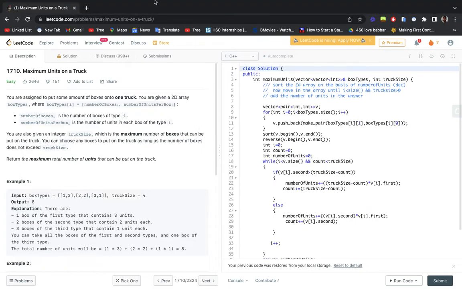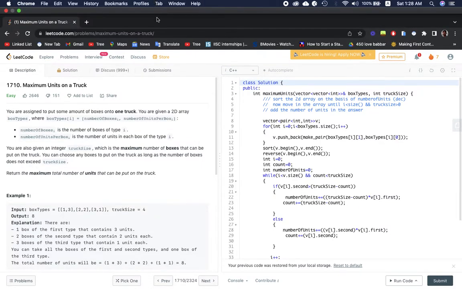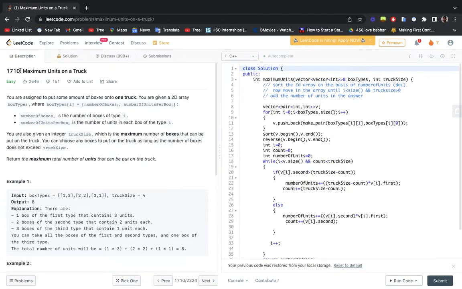Another LeetCode daily challenge. Today we are starting a new month, which is July, and the date is July 2, 2022. Let's see what the question is, which is Maximum Units on a Truck. The question is that you are given some